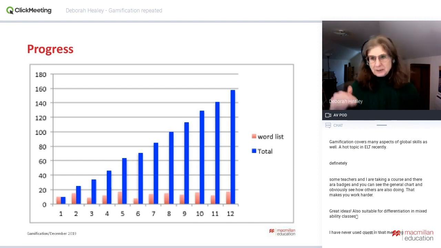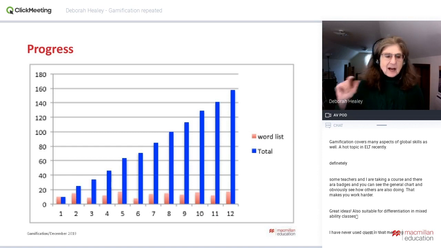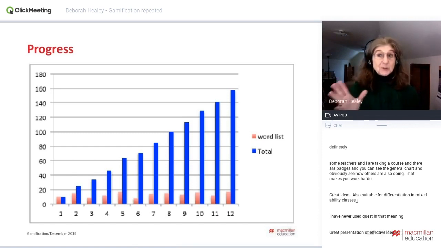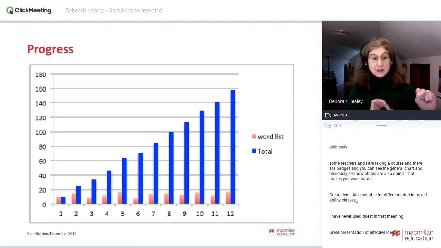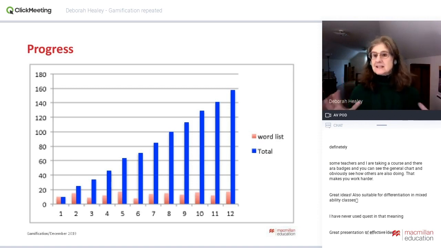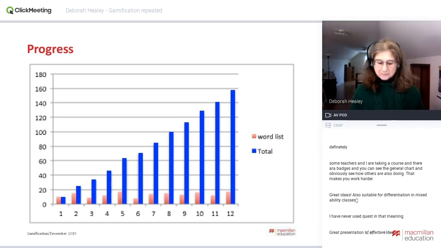You just sort of go up and down and up and down and up and down in little bits. But if you look at the blue line, total number of words, whoa, how much more motivating is that? The first week you learned 10 words. By the second week, you had 22 words. The third week, you have nearly 40 words. This sense of progress. So often in language teaching, it's really hard for learners to get a good sense of